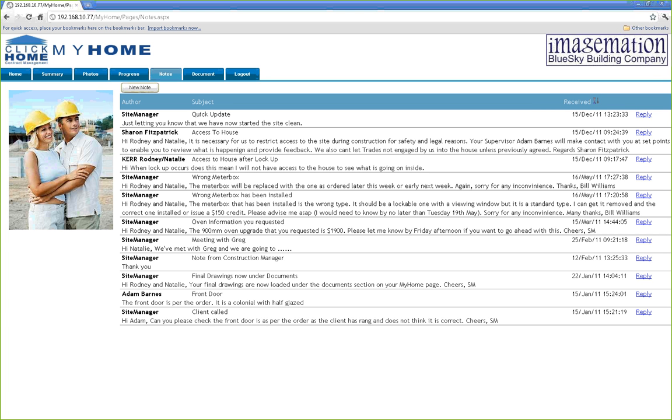One of the key things is it does rely on you having the confidence in your people that are operating your pre-construction and your construction systems to make sure that they're being diligent in progressing jobs, diligent in uploading photos when they need to, diligent in adding notes and information to the system when they need to. And as long as they're doing that in their day-to-day jobs, the My Home system just really self-generates and is a very easy way for you to provide that extra information to the client. So hopefully you've all got